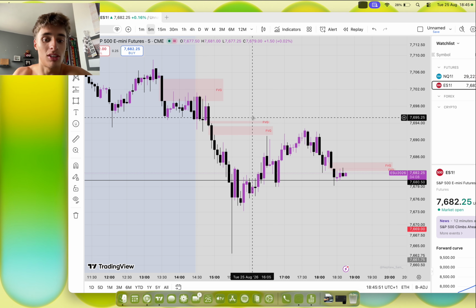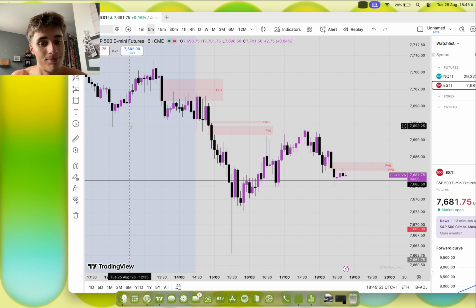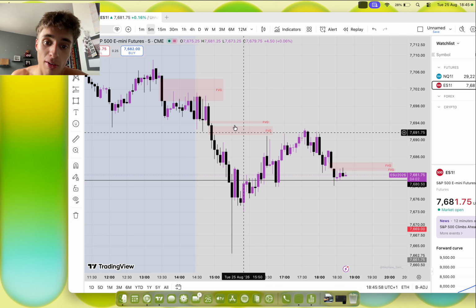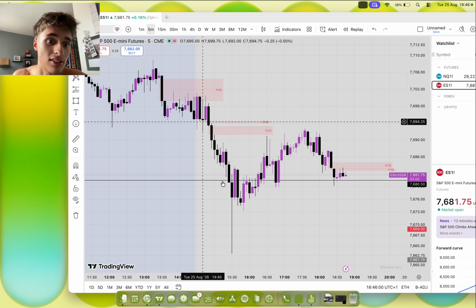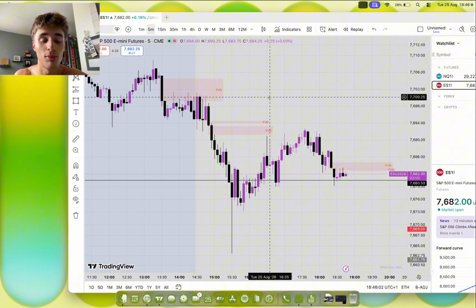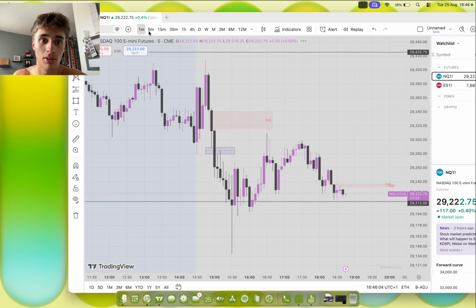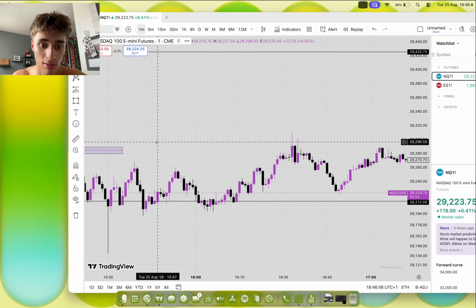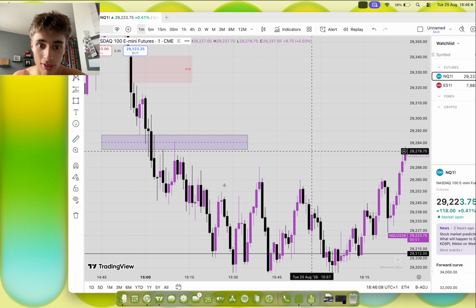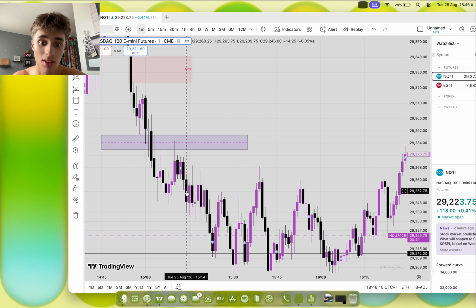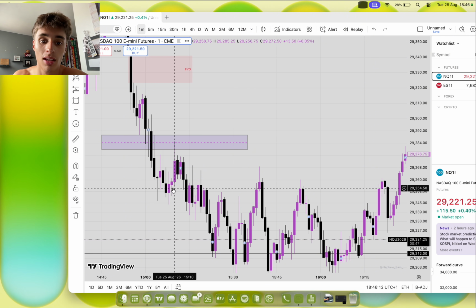Yeah, ES. I wanted a bit of confluence here, but we didn't get one, so that's why I didn't enter on Nasdaq, because I could have. But if we went into this gap here on ES and started showing some bearish movement, I would have been happy entering, because I would have entered on this break of structure to the downside here. I was looking, but I decided not to enter.